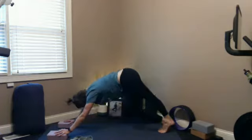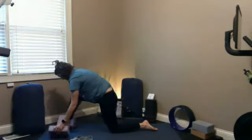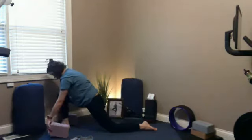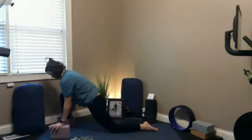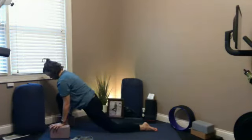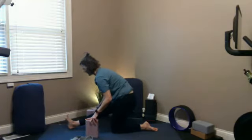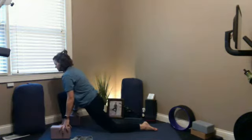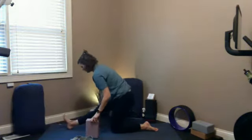Left knee hits the floor, right foot steps all the way through, looking for that same lunge shape on this side. Sinking in, pulling back. Sinking in, pulling back. Last one. Sinking in, pulling back, hold,